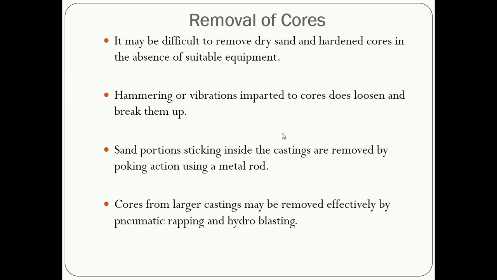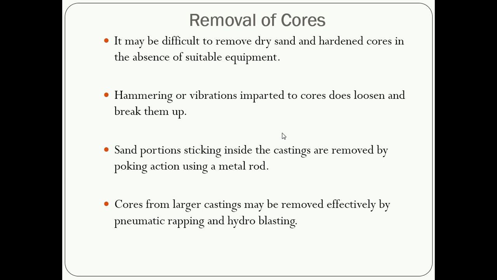After ramming of that core sand inside the core box and after drying, it is taken out. Again it is placed in the oven for baking, so that required strength and hardness is given to the surface of that core, and afterwards it is placed inside the mold cavity. By hardening the core in the oven, it is not that easy to break that core without suitable equipment.